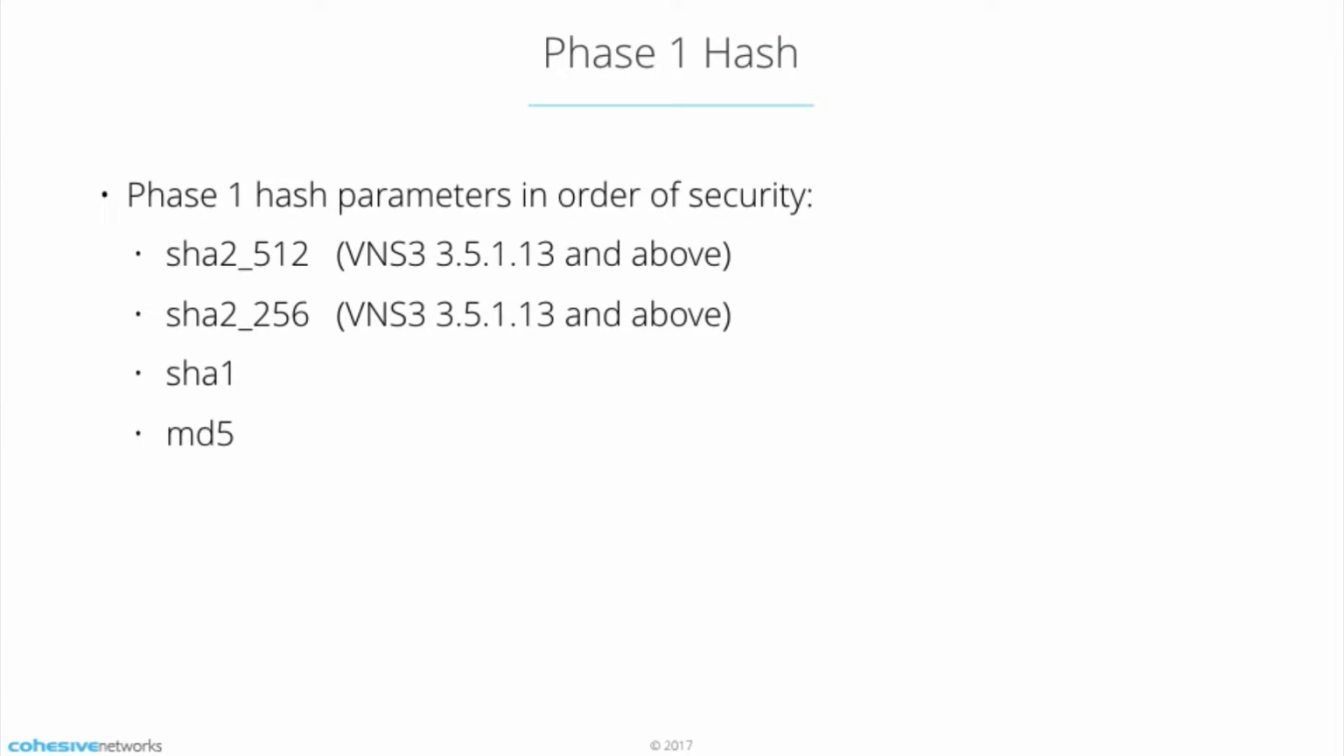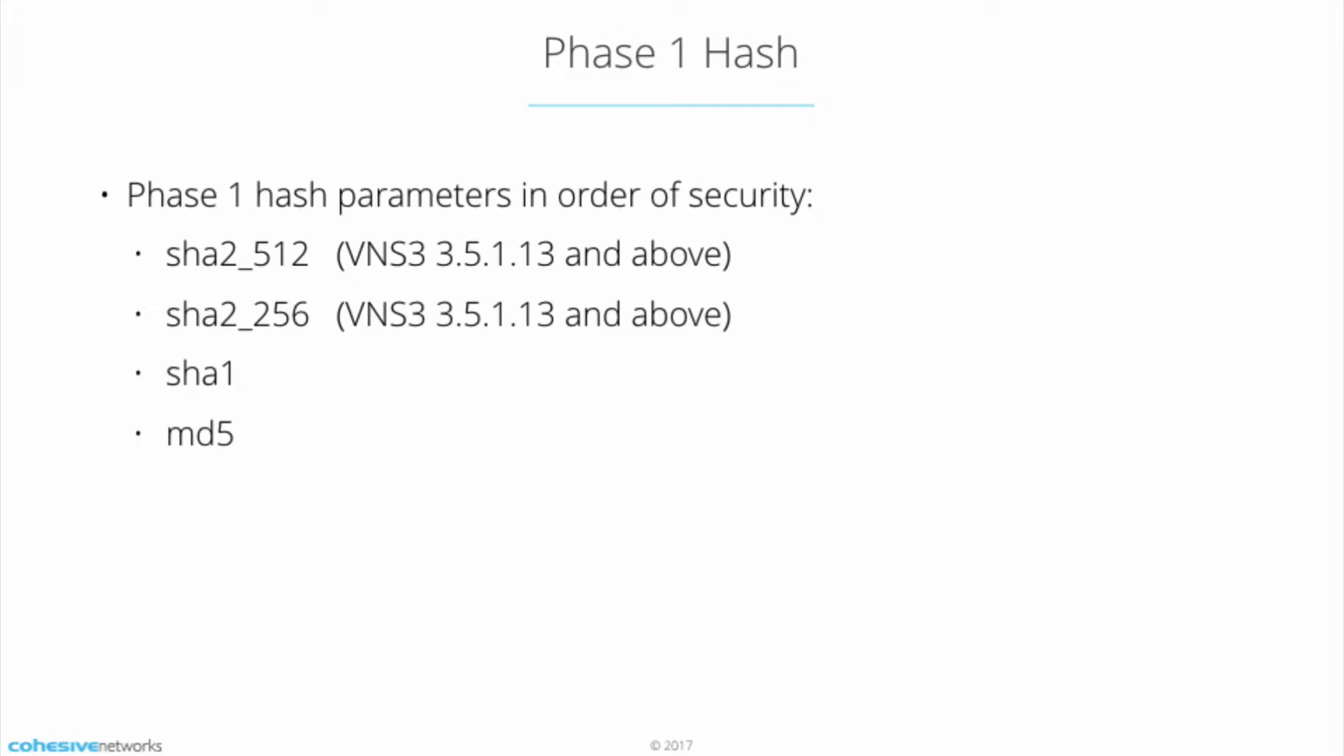The other part of the Phase 1 communication is the hash. This is a hash function that's used as part of the encrypted communication. These are in order of security. MD5 is hardly used at all today. You'll run into that with an older box. You'll have a customer with an end-of-life box, and they're going to ask you for 3DES MD5,